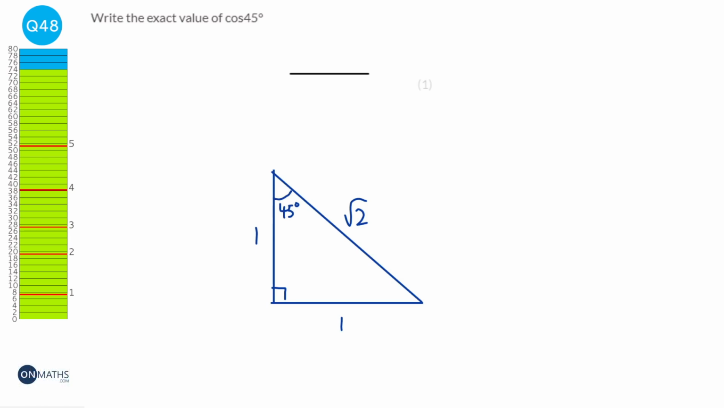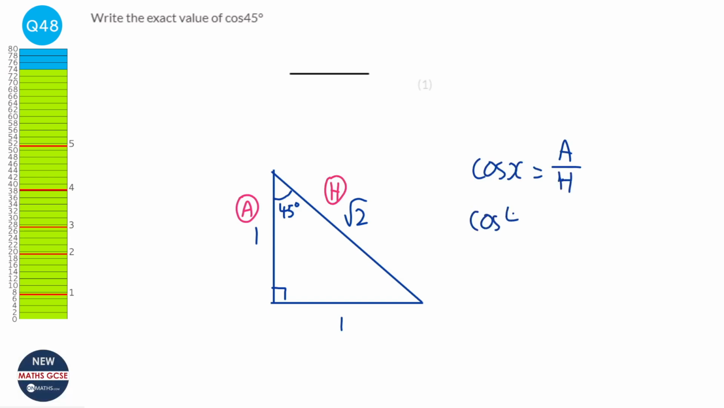When we label it with our marked angle here, we've got the adjacent is here, and the hypotenuse is here. Now we know from trigonometry that cos x equals a over h. The angle is going to be cos 45, and a is going to be 1, and h is going to be root 2. Now, this is a bit of a strange one with 1 over root 2, because we need